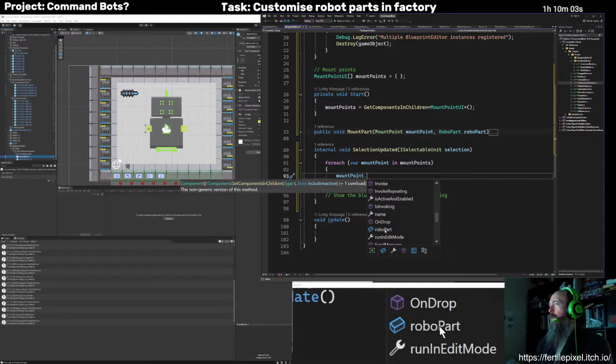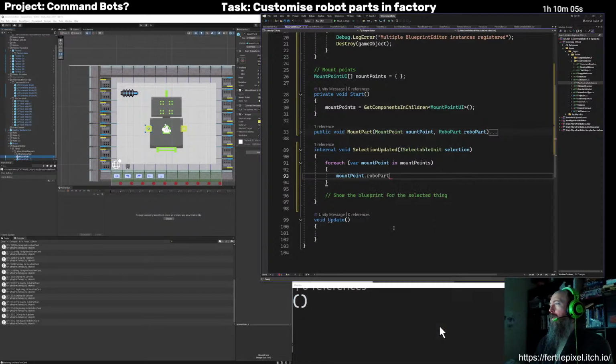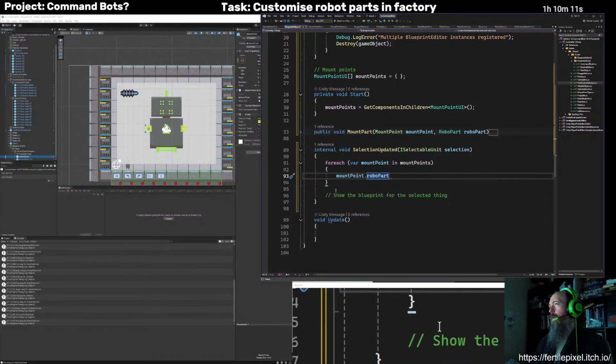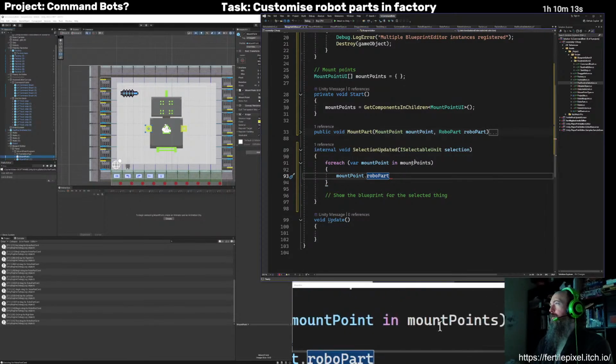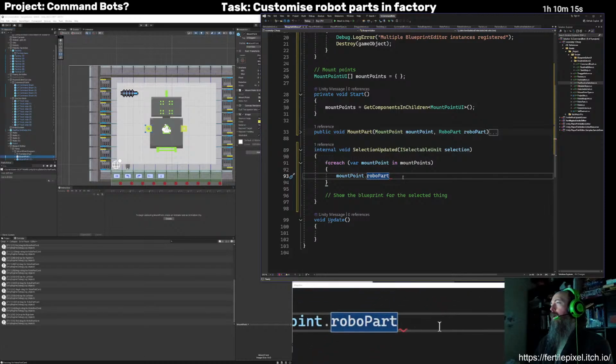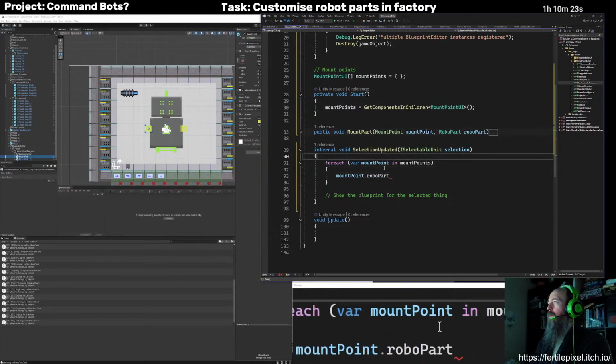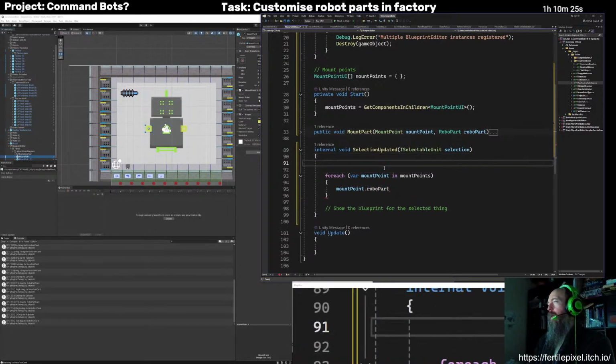It does have a RoboPart. I was thinking go through and clear them all, and then go through and update them to whatever was selected. But probably better would be go through and set them to either whatever's in the selection or nothing.